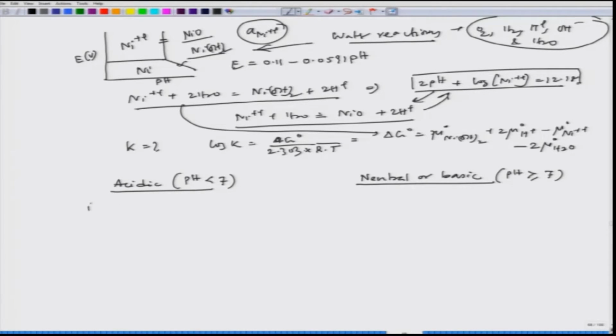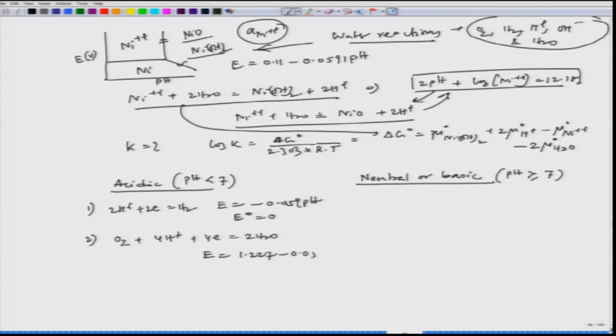One is H plus plus 2e equal to H2, where the equation would be E equal to minus 0.059 pH, with E0 equal to 0. Then O2 plus 4H plus plus 4e equal to 2H2O, and here you see that only H plus ions are involved. So, there E equal to 1.227 minus 0.059 pH,